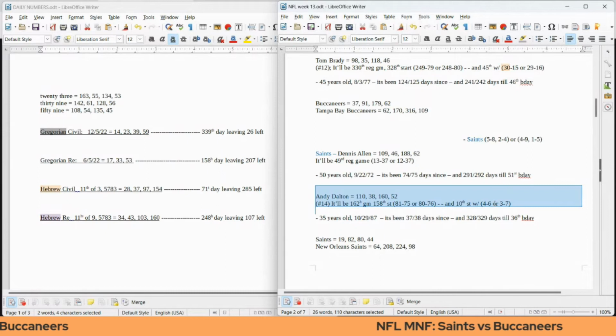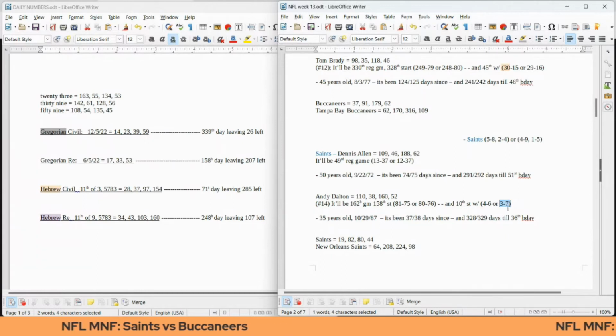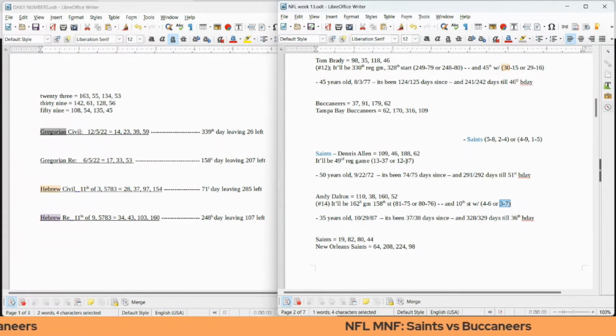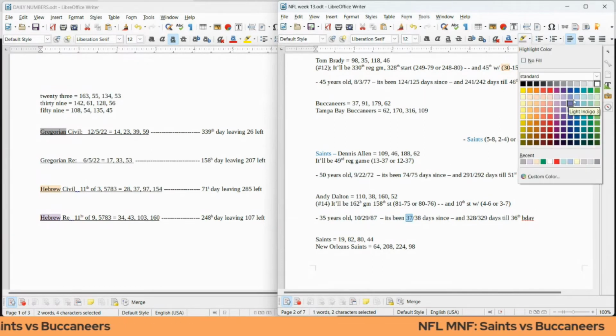Andy Dalton, he could become 3-7 for a record as a quarterback specifically for the Saints with a loss, as the Saints coach gets his 37th regular season loss for his career, it being 37 days since Andy Dalton's birthday. So let's go ahead and mark that dark blue.